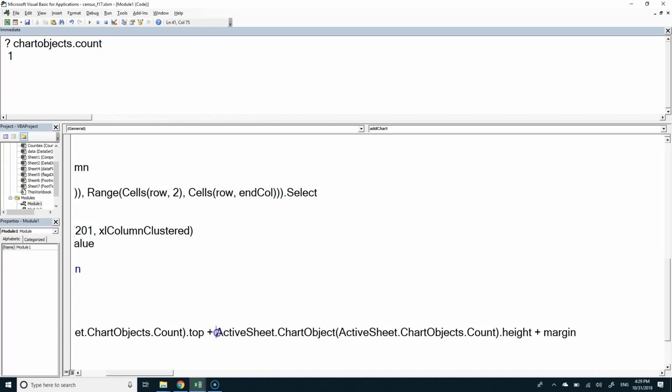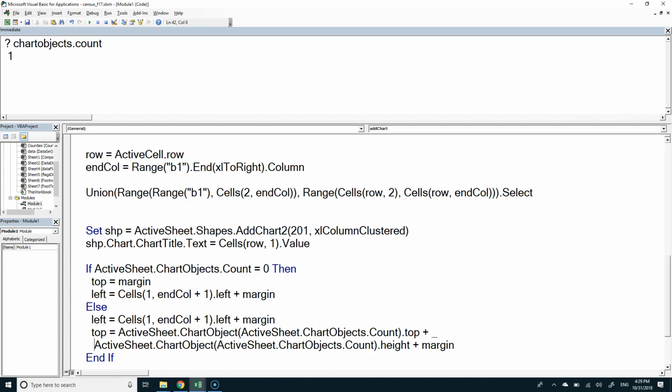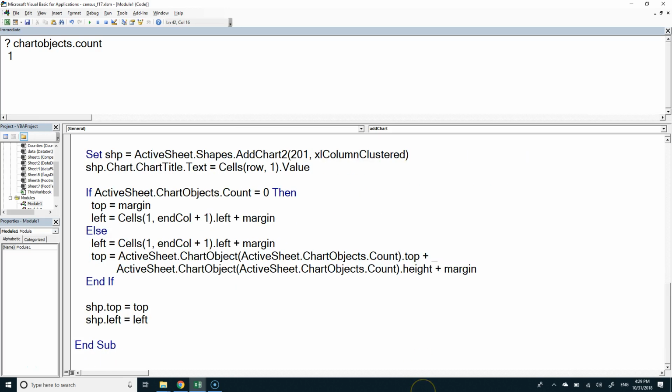And this is kind of long, so I'm going to break it down into 2 different lines. Underscore. Doesn't read too bad. It's a little lengthy, but so we got the top plus the height plus the margin. And so now, as we add additional charts, they should just line up one right after another. Because each time we